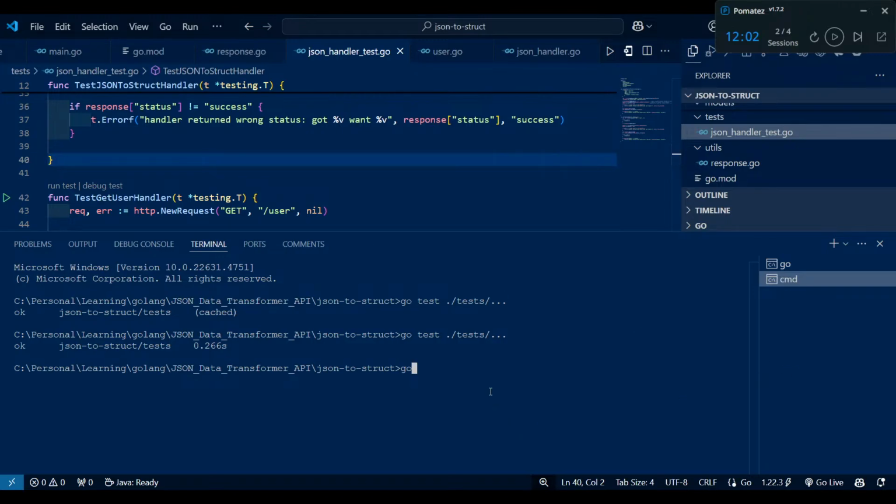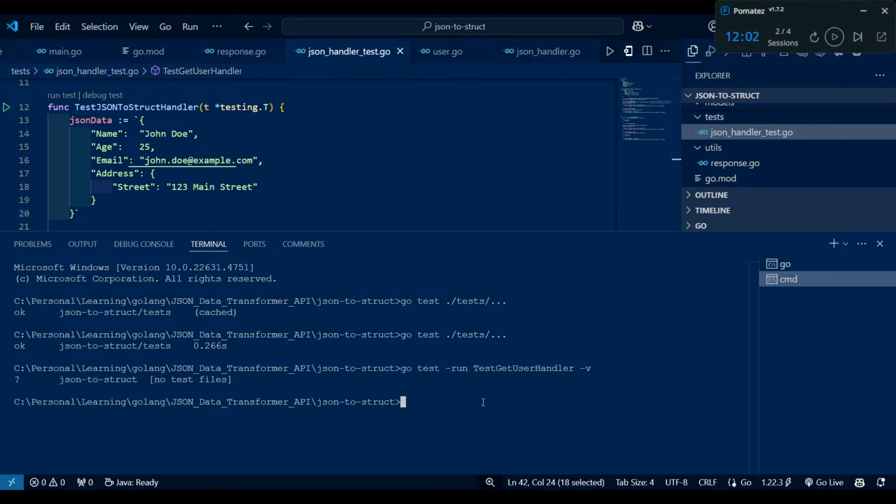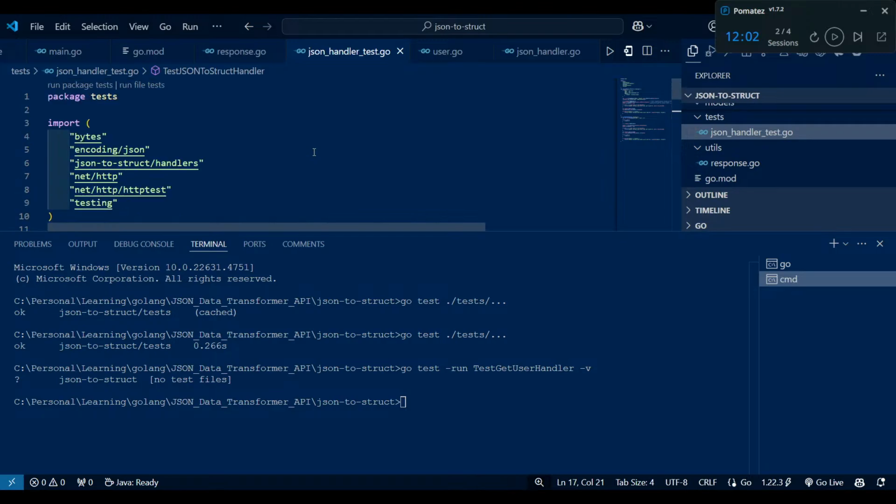We need to check with the command go test -run TestUserHandler and dot. Okay,